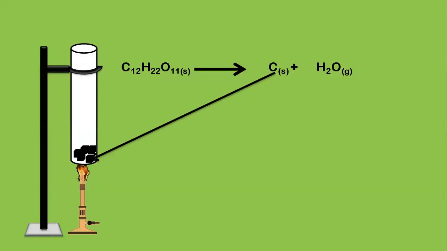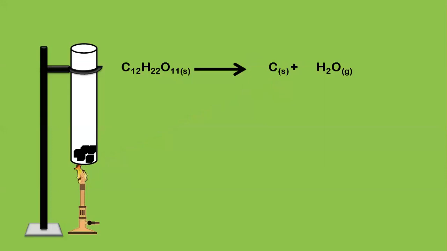What are we trying to understand here? We are trying to learn here a decomposition reaction, where I have a single reactant decomposed into two simple products. And this decomposition, did it happen naturally? Did sugar I kept outside suddenly become carbon and water? No. What did I do? I provided heat. This reaction will happen only if you provide heat. So this decomposition reaction is an example of a reaction being carried out in the presence of heat.